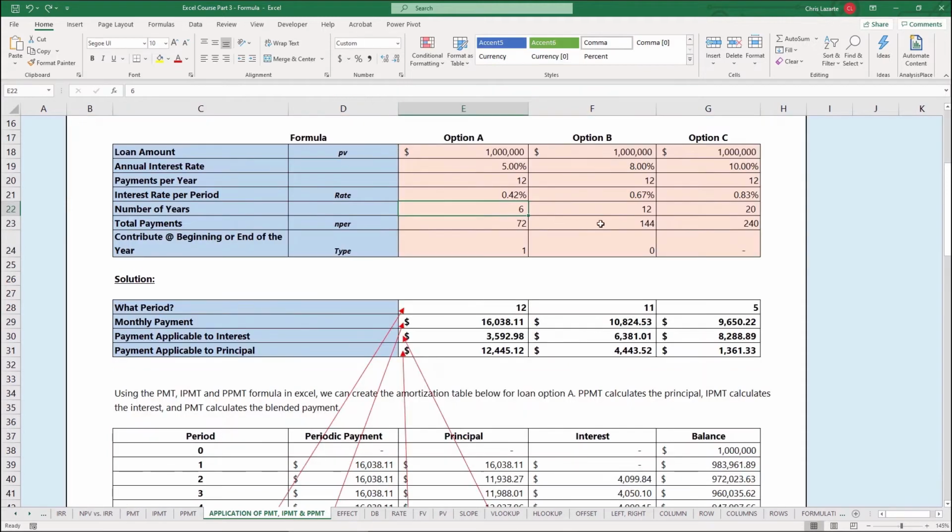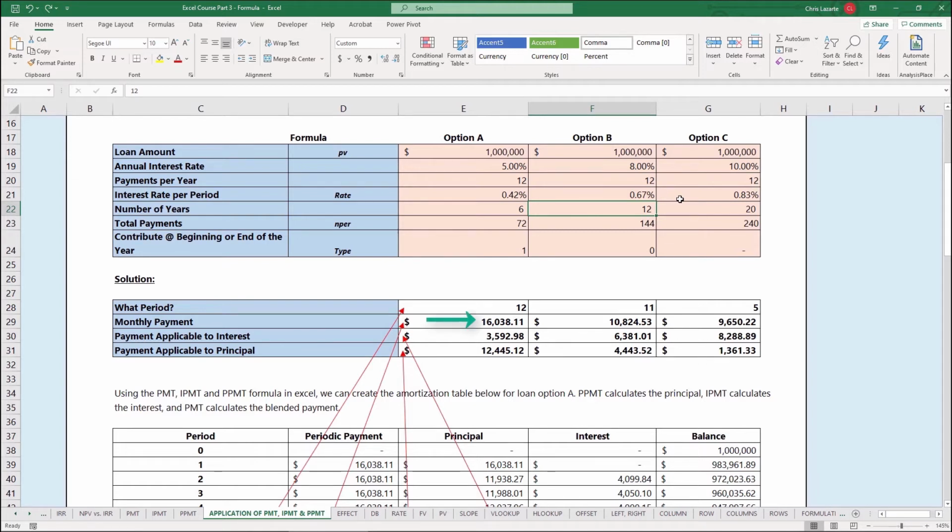Let's assume we want to analyze specific periods. So if I put in period 12 in cell E28, that'll be the period in which I want to determine the monthly payment as a blended amount, the interest amount, and the principal amount. And we've calculated that within cells E29, E30, and E31. As you can see, in period 12, which is the 12th month of the loan under the 72 total payment periods, the monthly payment will be